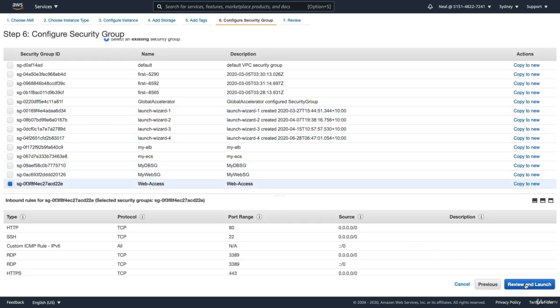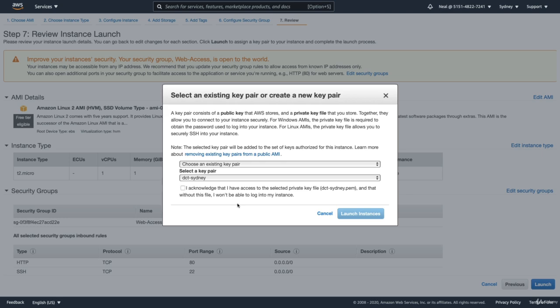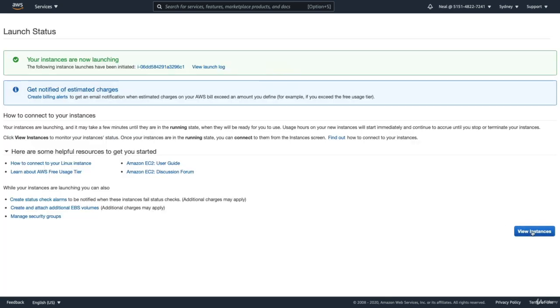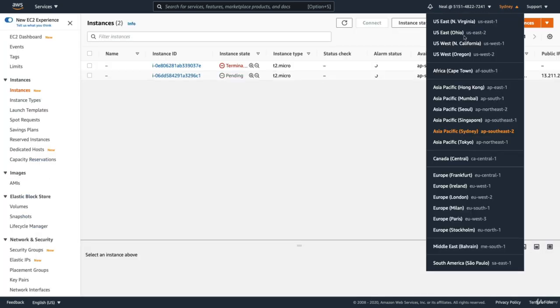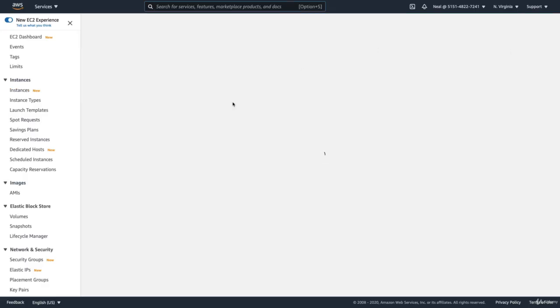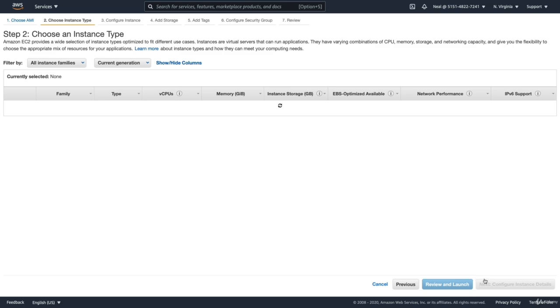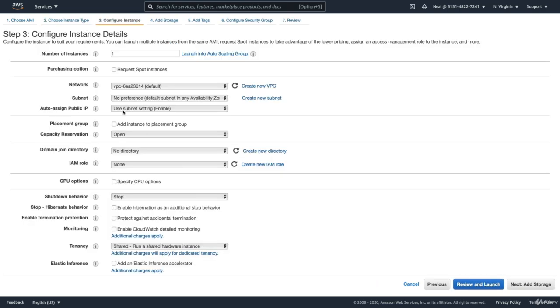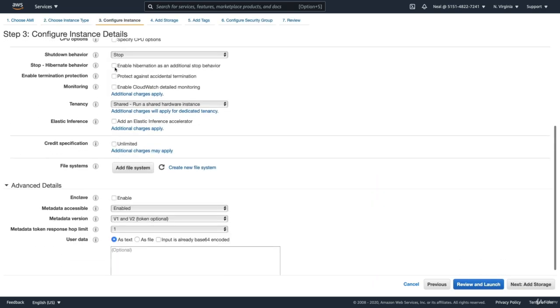I'm going to choose this one here, and then let's launch this instance. So that one's coming up. I'm now going to go to US East North Virginia and do exactly the same thing. So let's go in and launch an instance, Linux 2 AMI, T2 Micro, and again, we just come down and